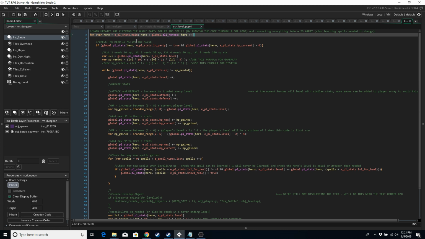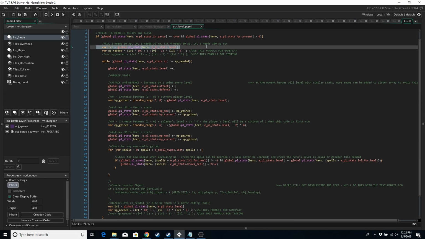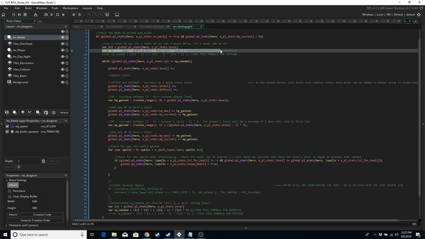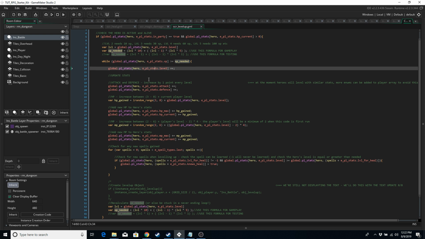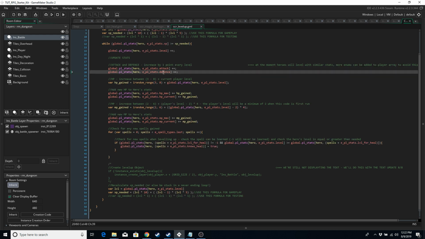So we need to check the hero is active and alive. So if he's in the party and the hero is alive, he's got more than 0 hit points, then just grab his level, work out how much XP is needed, and while the hero's XP is greater than what's needed, increase level, increase attack and defense,